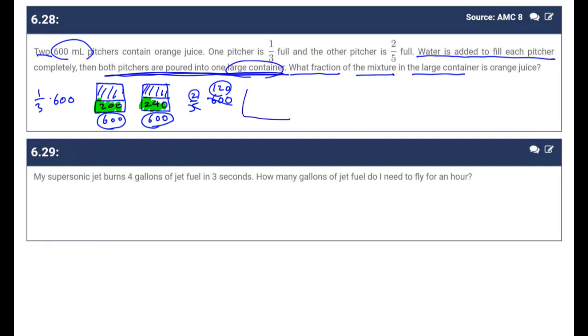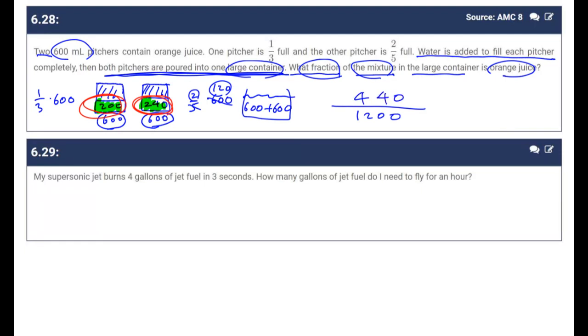I'm going to put all of this, which is 600 plus 600, so the total mixture will be 1200. But out of that, what fraction of the mixture, which is 1200, is orange juice? We know orange juice was what? 200 and 240, which adds up to